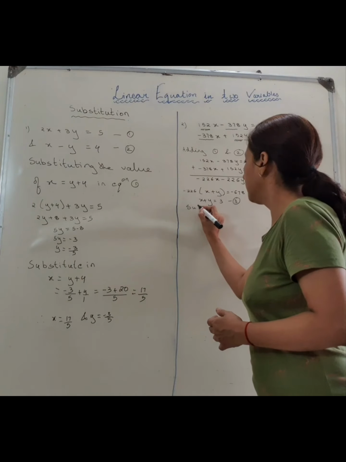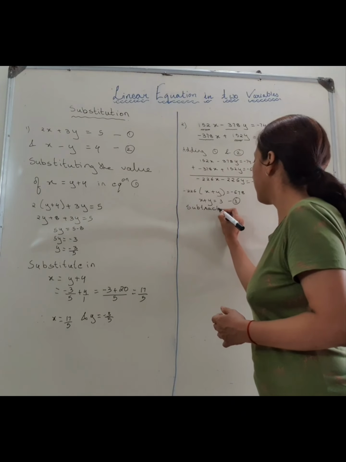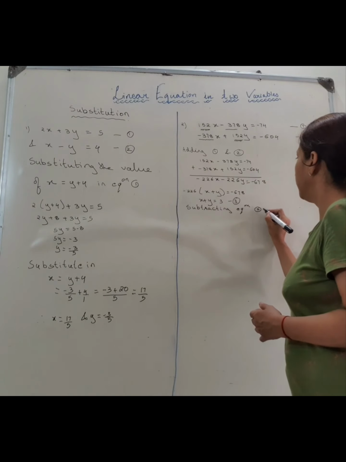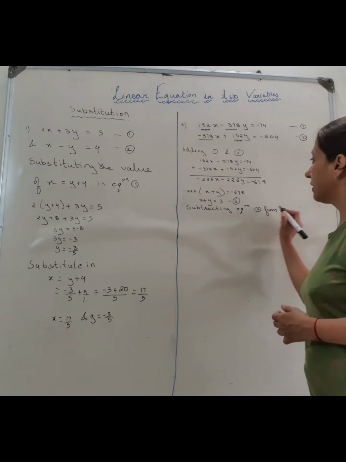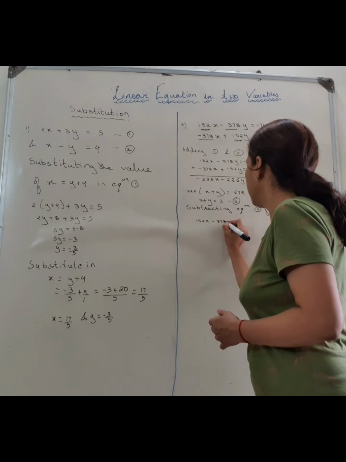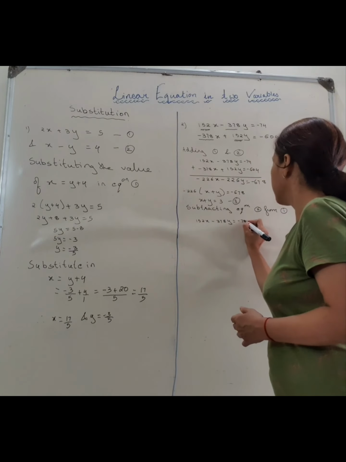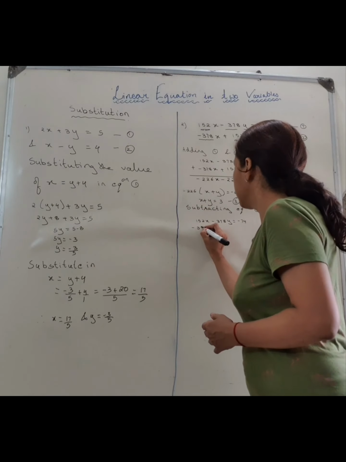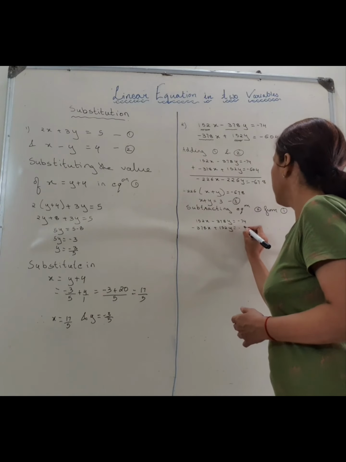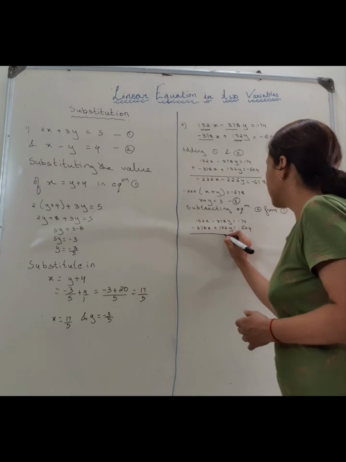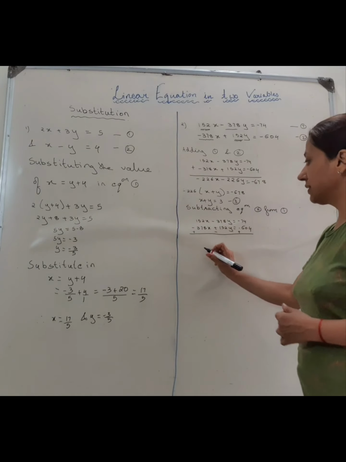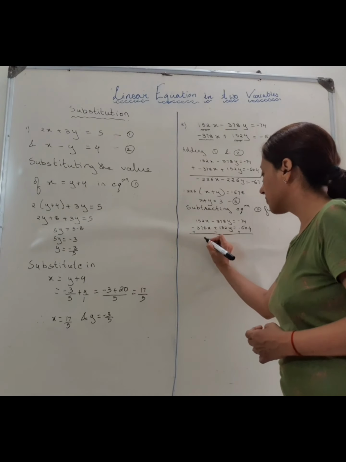Now when you subtract, let us see what happens when we subtract. So subtracting equation 2 from 1. So let us see what happens. So this is going to be 152x minus 378y is equal to minus 74. And minus 378x plus 152y is equal to minus 604. So when you are subtracting, there will be a change of sign. Alright. So when you are changing the sign, so this is going to result into